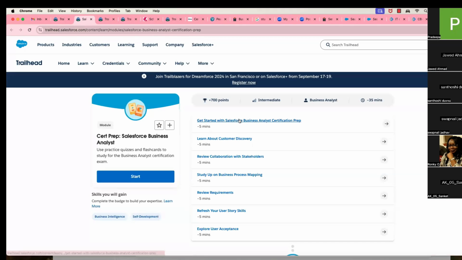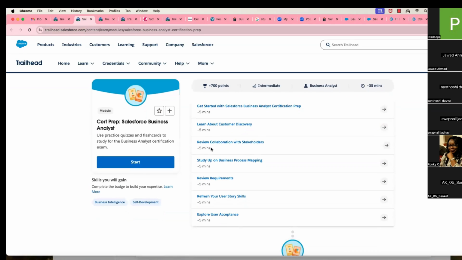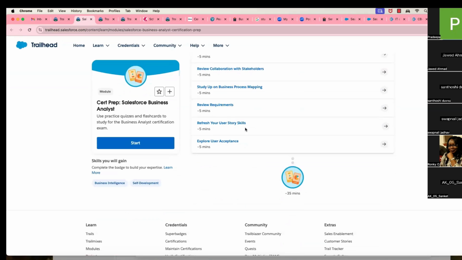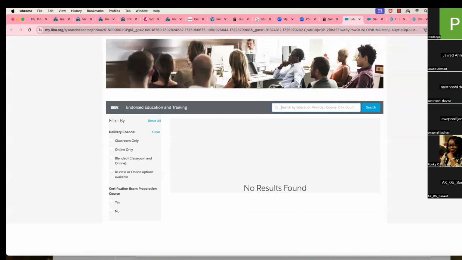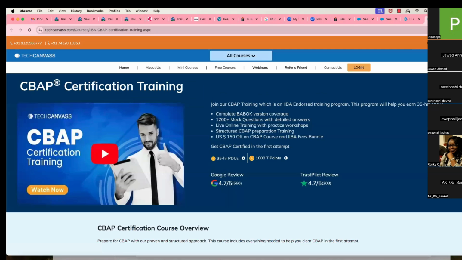If you go to their website, you can just sign up, and all this is free. You'll be learning how to collaborate with stakeholders, what business process mapping is, how to review requirements, and how to refresh your user story skills and acceptance criteria. It's pretty much basic. It's about 35 minutes. You'll be able to complete all these modules. Next is,